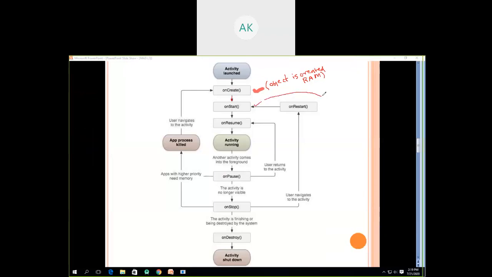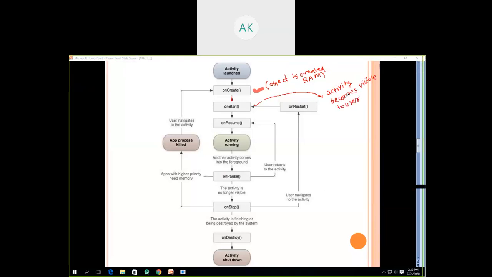What happens in the onStart stage is the activity becomes visible. We said an activity is a user interface, so it should be visible to the user.